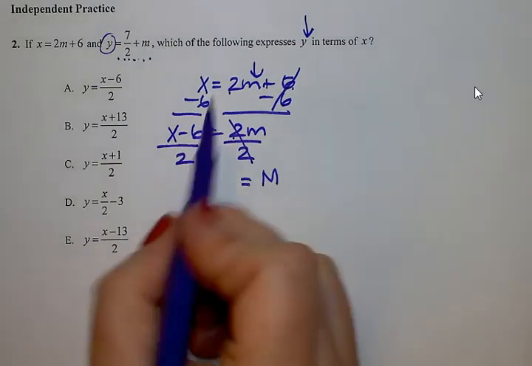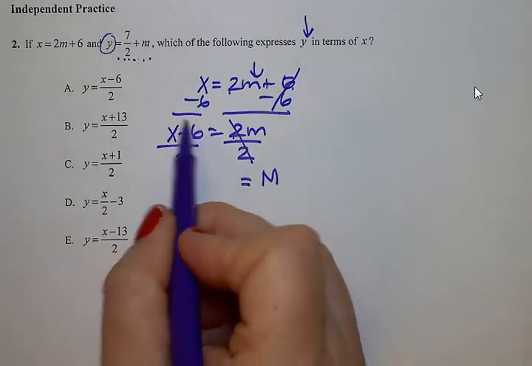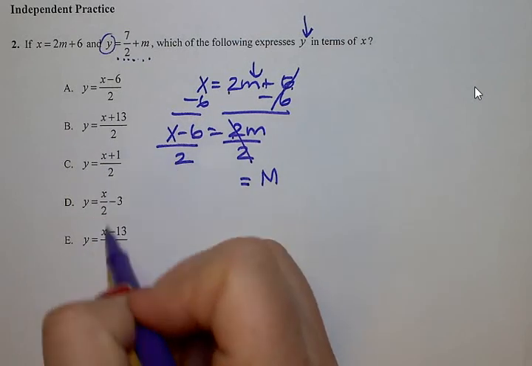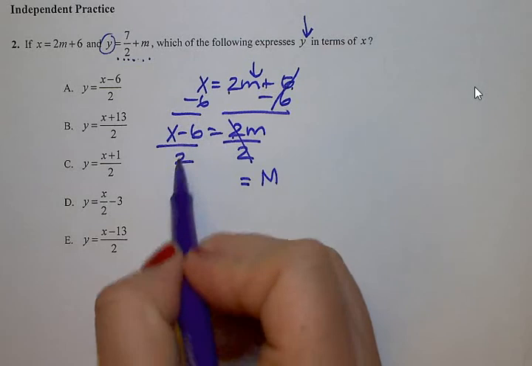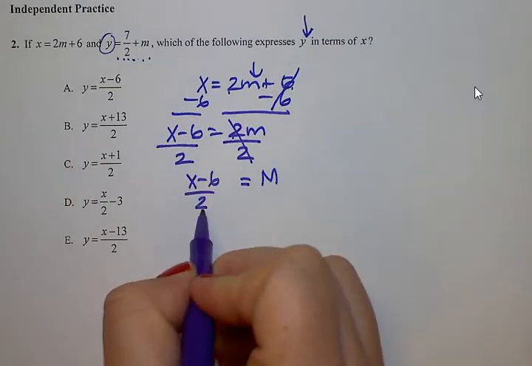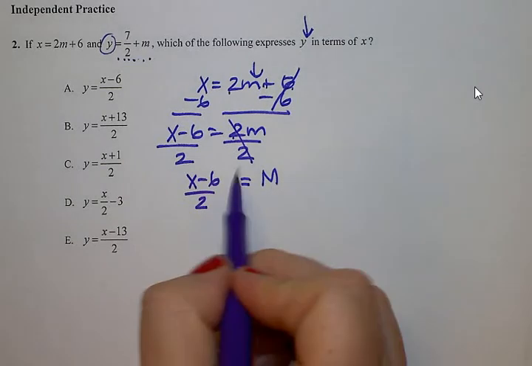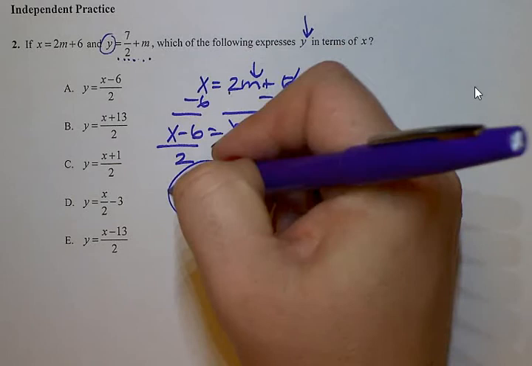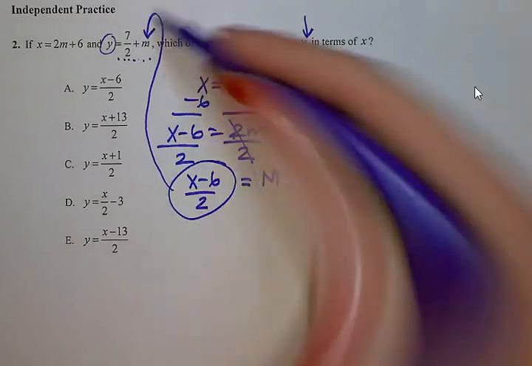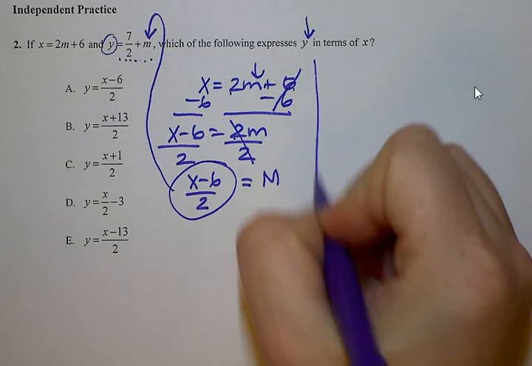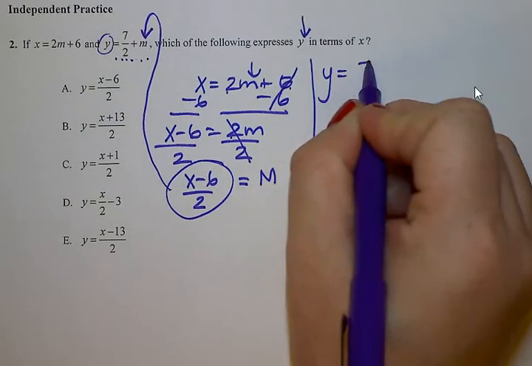All right, and this time I'm actually going to keep this together and see if that helps to easily identify the answer. So I could separate them like I did in example 1, or let's see if it's easier if I actually keep the 2 underneath both quantities. So here's what m is equal to. Going up to the first equation, I can take out the m and replace it with this quantity. So y equals 7/2 plus,